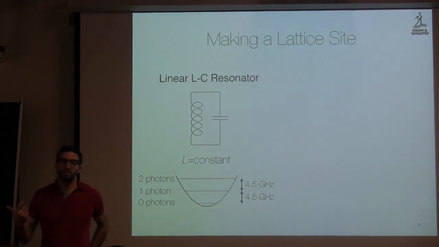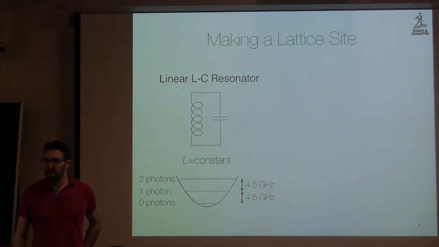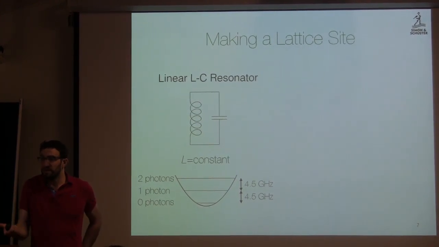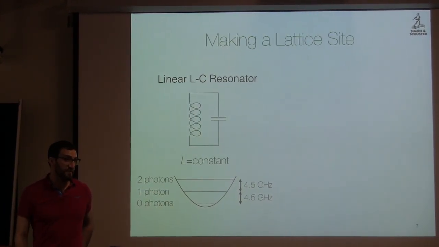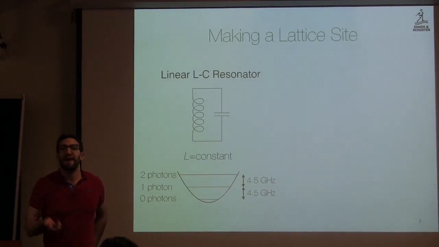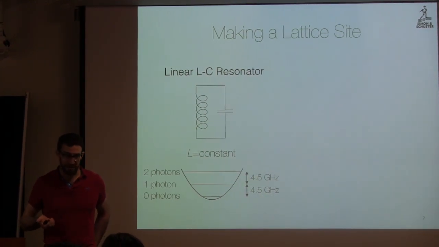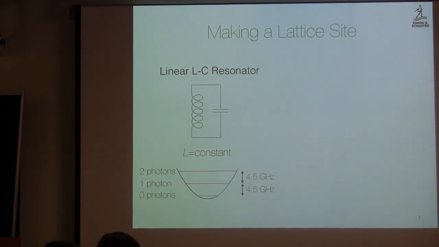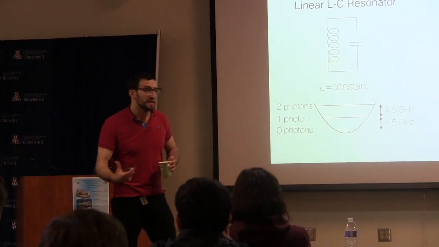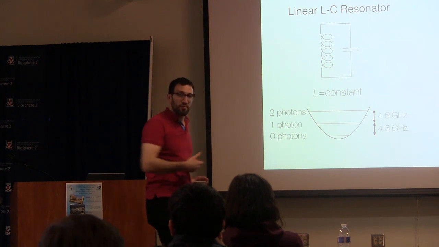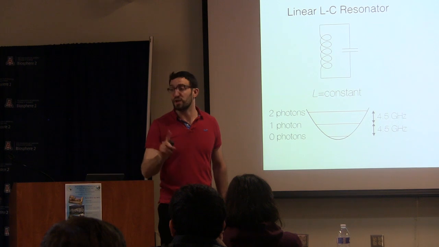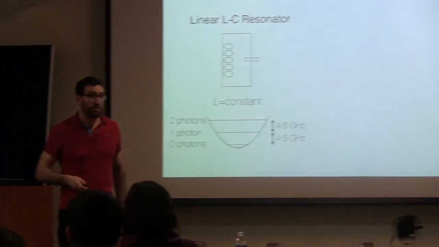Now, if I put enough power into the circuit, it starts to heat up. And once it starts to heat up, your inductor might deform, and then the frequency might start to shift. And we're all like, oh, that's silly. Well, one, that happens, and you have to be careful in high-power electronics. But two, essentially, that's the effect we're interested in, except we need to see it not for watts of power, which is like 10 to the 18 photons in this circuit. We need to see it for one photon in the circuit. It shifts for the second one.